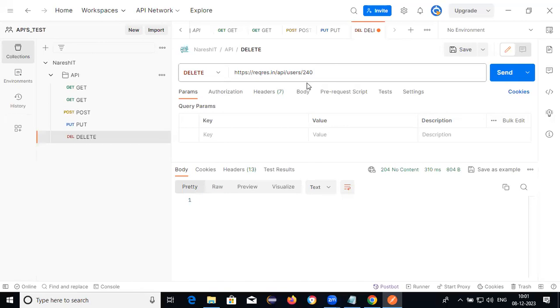The first one, response time. Second one, status code. Third one, response body. Fourth one, header or content type. Is it clear, everybody? This is the API.